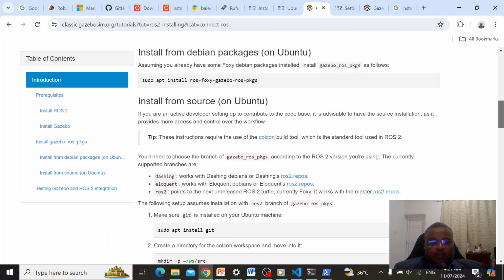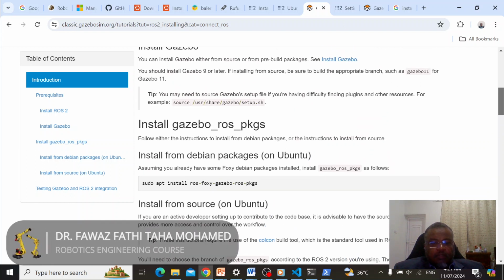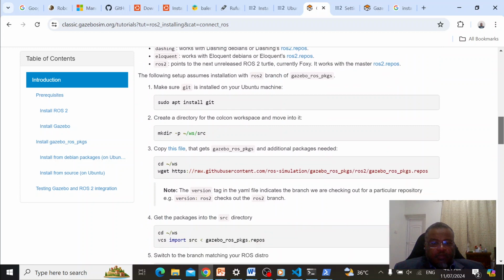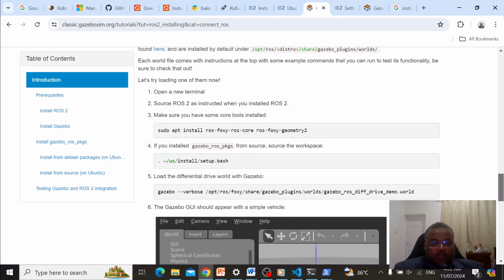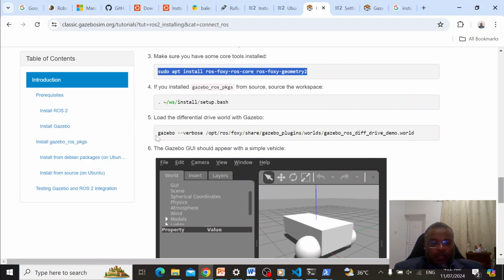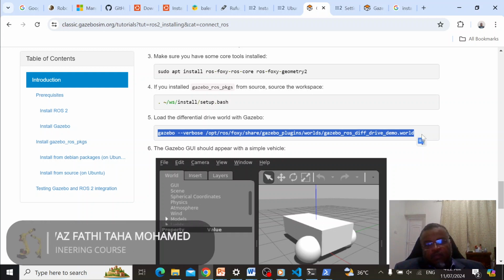So now I installed Gazebo Classic. Just write these instructions. Install ROS, and instead of Foxy, write Humble. After that you can install this geometry tool. Then, for example, we can run this world